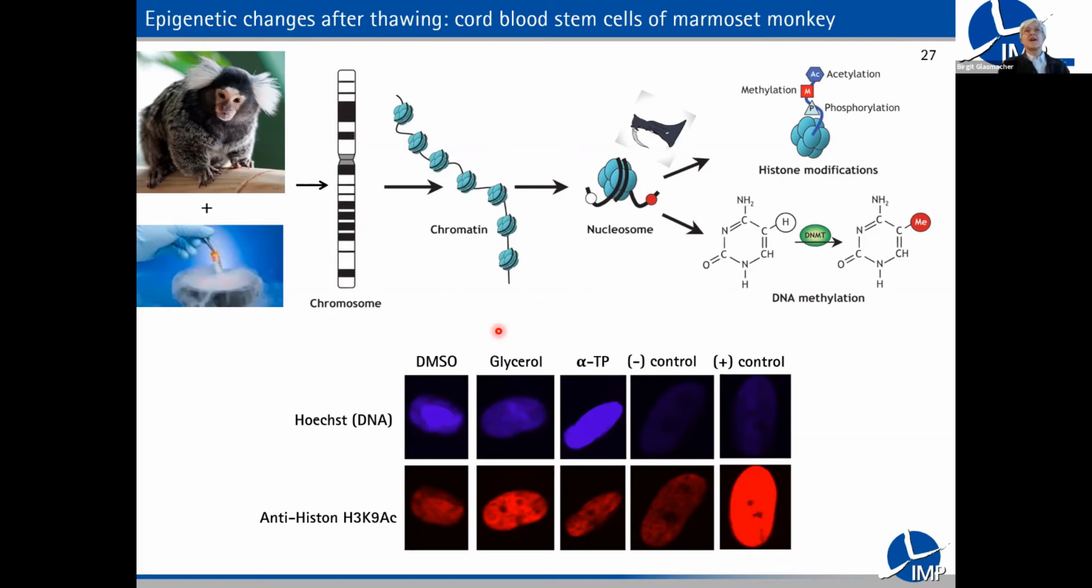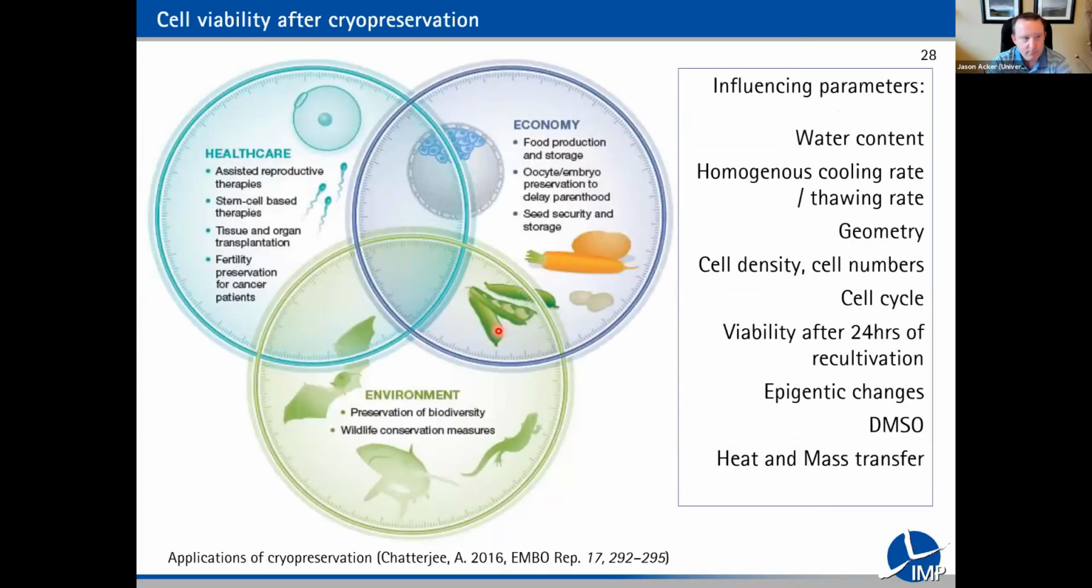So this is what I wanted to discuss this evening with you, more from the view of a process engineer, a process engineer that looks for viability of cells in healthcare by cryostorage. But we know that cryostorage is also important in the environment and the economy. We looked at these influencing parameters: water content, cooling rate, thawing rate, which should be homogeneous in the